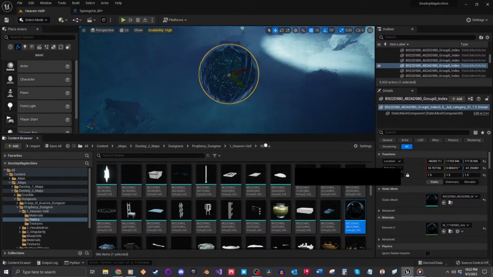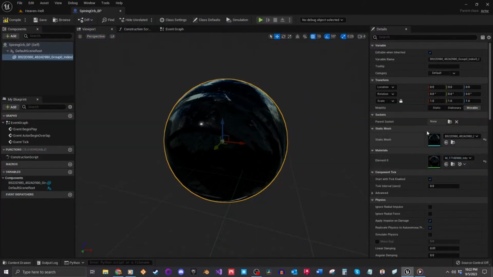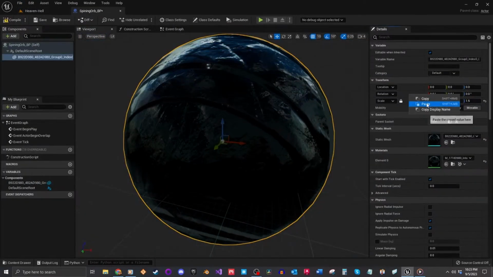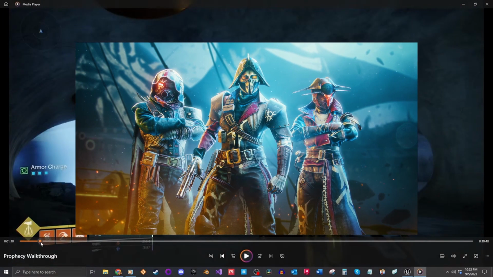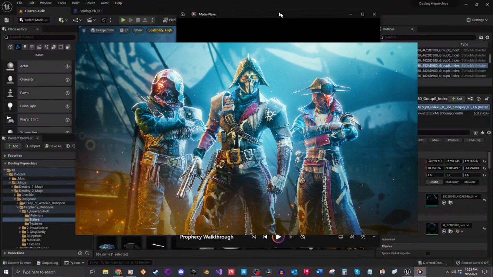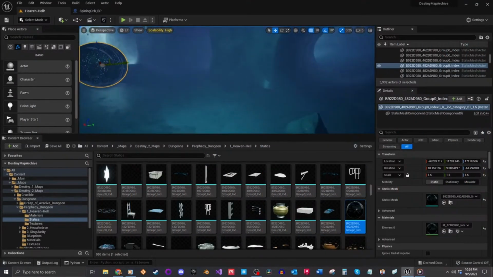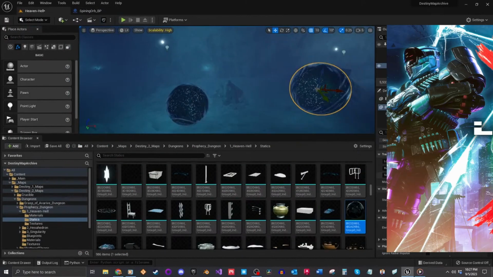A quick note before we get too far into this video, we're going to be using an older version of Destiny 2. Everything released up to Season of the Plunder, which is Season 18, you'll be able to access and rip from the game itself. But anything after that, like Lightfall and other seasonal activities, won't be in that rip